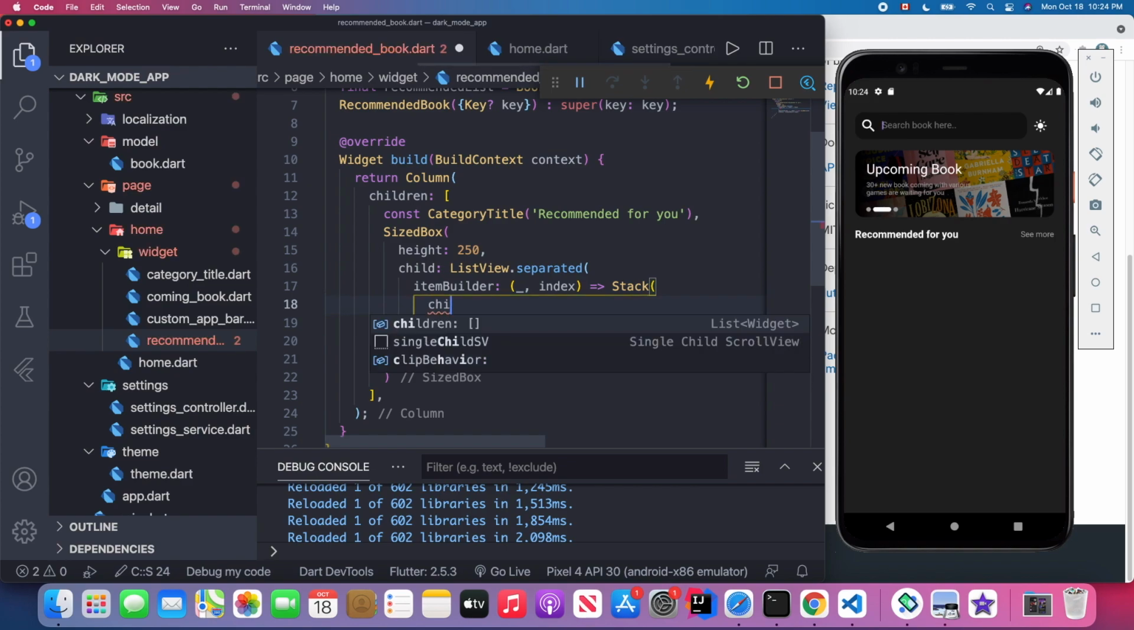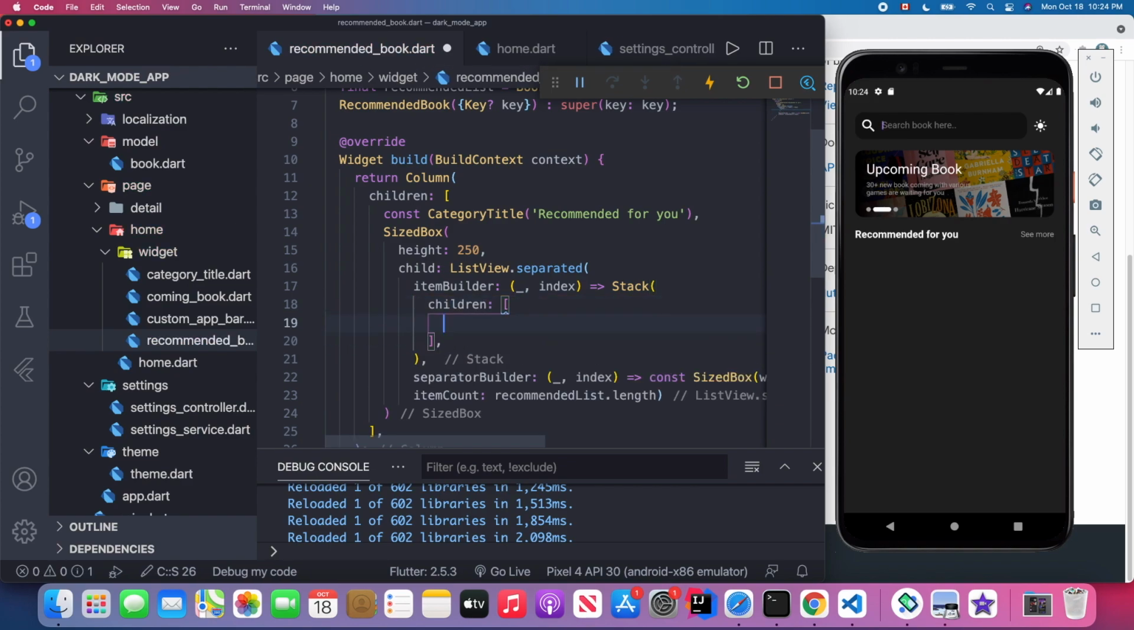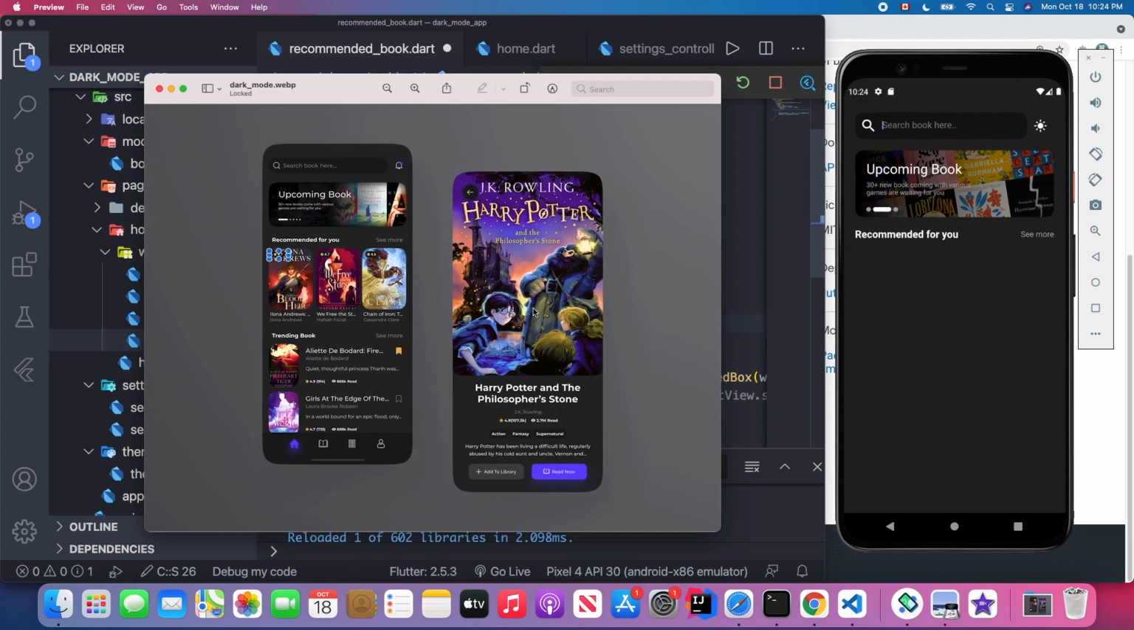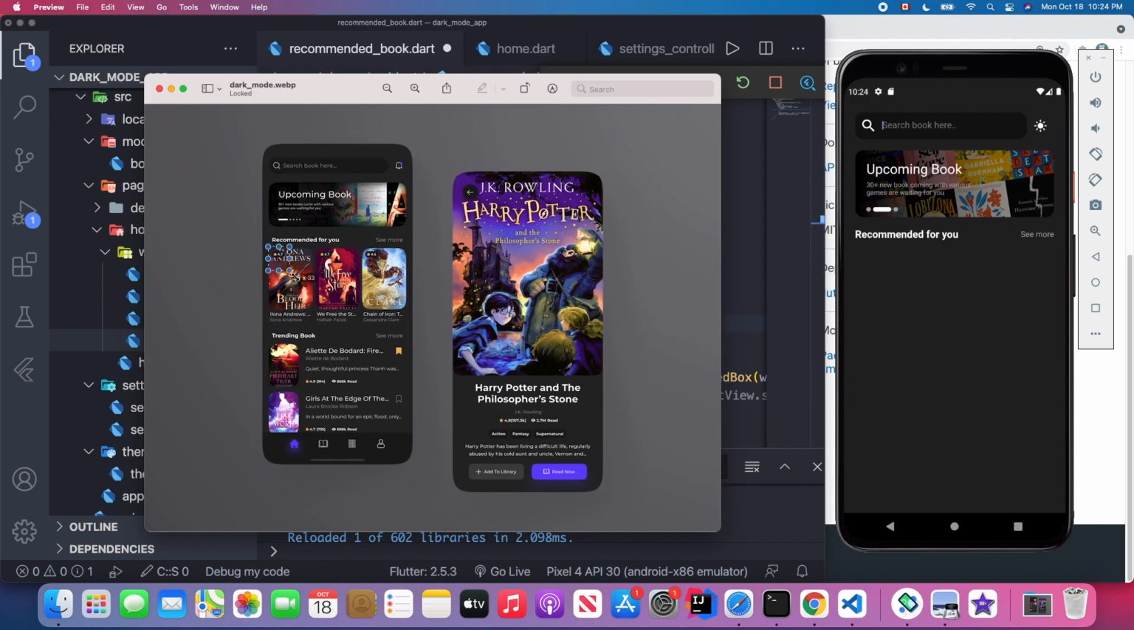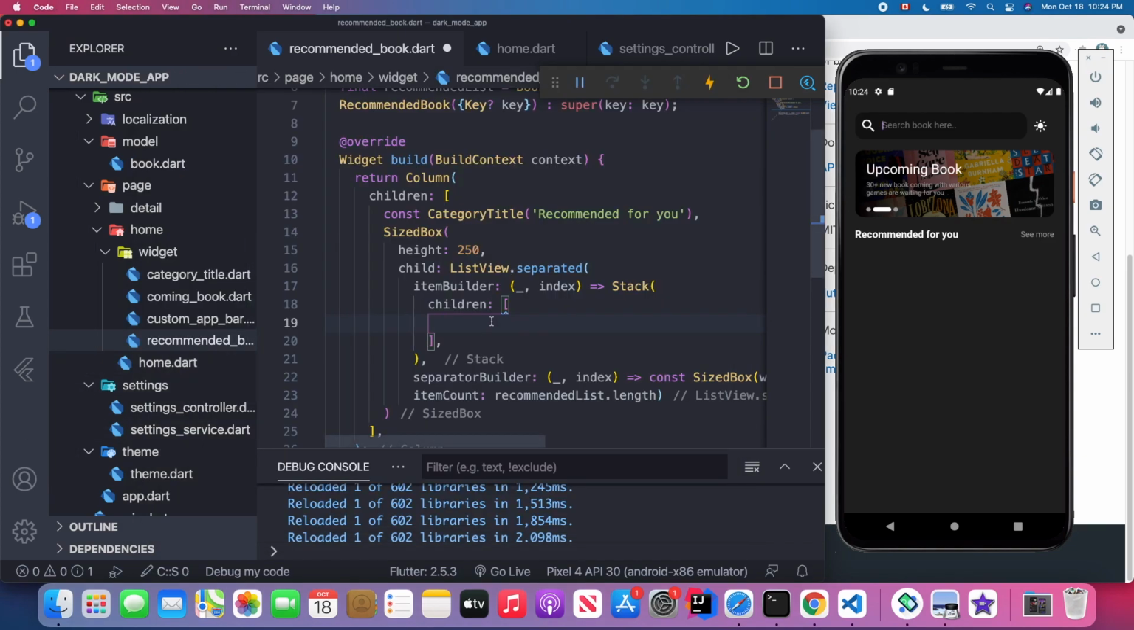Inside this stack widget, actually we have the image and the text, right? So we could use the column in this case. But first I need to keep the width for the image. So I'm going to use, okay, so first